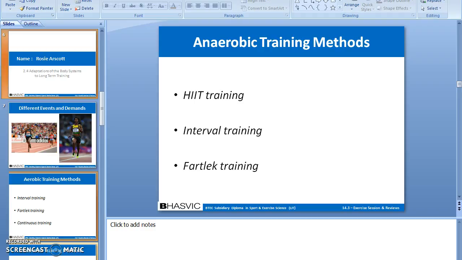So, anaerobic training methods. Interval training, fartlek training and HIIT training can all be used as anaerobic training methods, in addition to aerobic training methods. Fartlek training can be modified by increasing the distance the athlete has to sprint, shortening the jog and increasing the walk. This would allow the body to recover, similar to a 100-meter sprinter like Shelly-Ann Fraser,